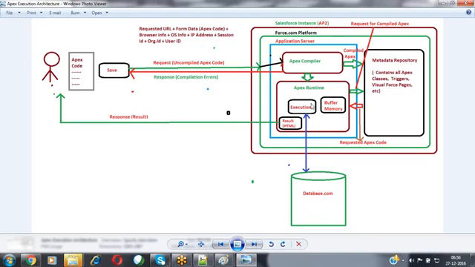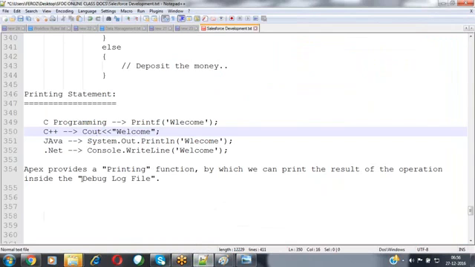That result will be sent to the associated user in terms of an HTML result. Along with that, in order to see the execution process of the code you have executed, Salesforce generates a log file. That log file is called a debug log file.